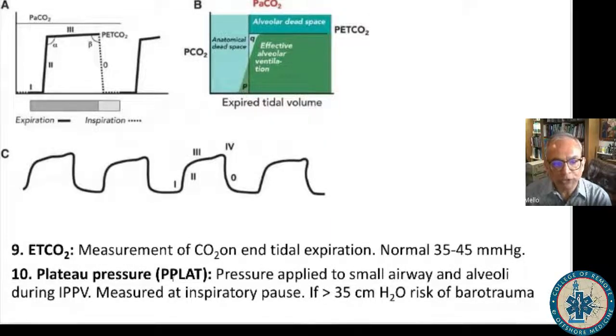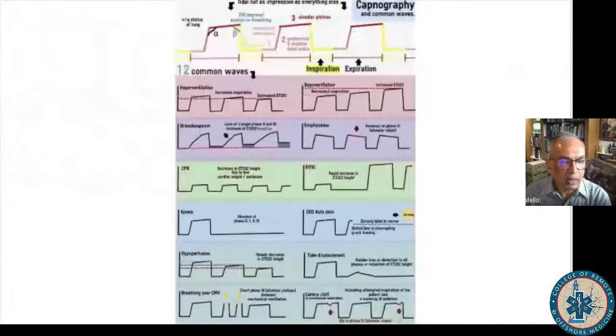The plateau pressure, or P plat, is the pressure applied to the small airways and alveoli during IPPV. It's measured at the inspiratory pause, and if it's greater than 35 centimeters of water, there is a risk of barotrauma. If you look at the capnograph, you can see different